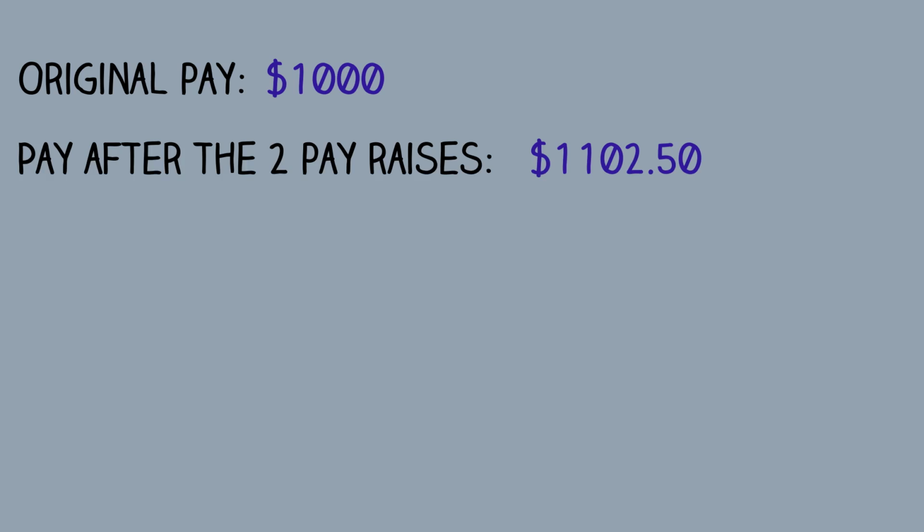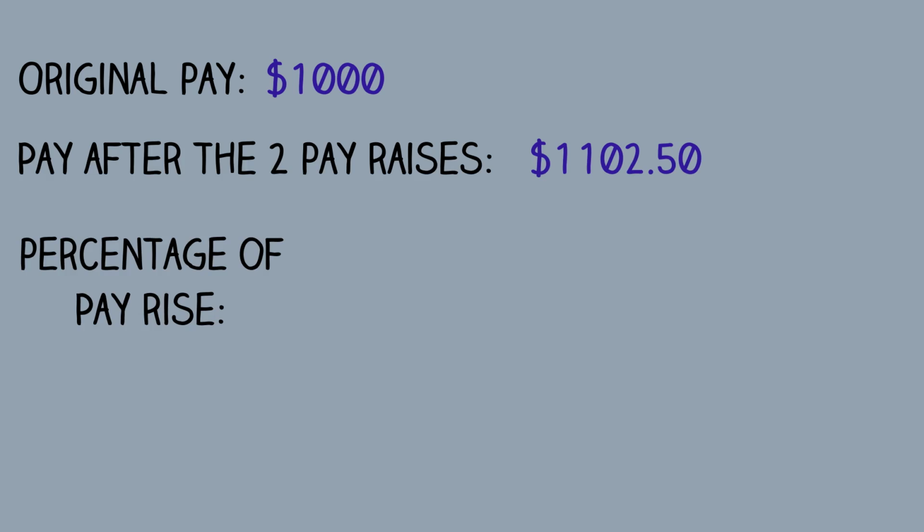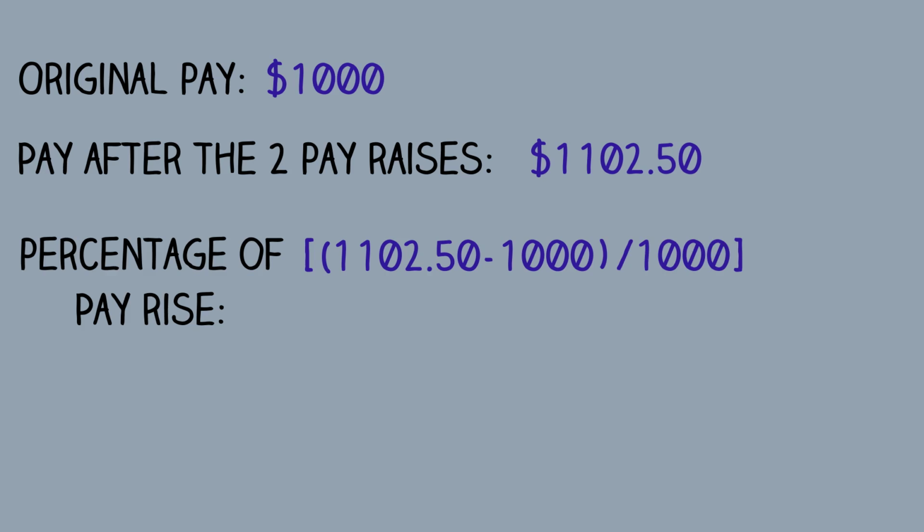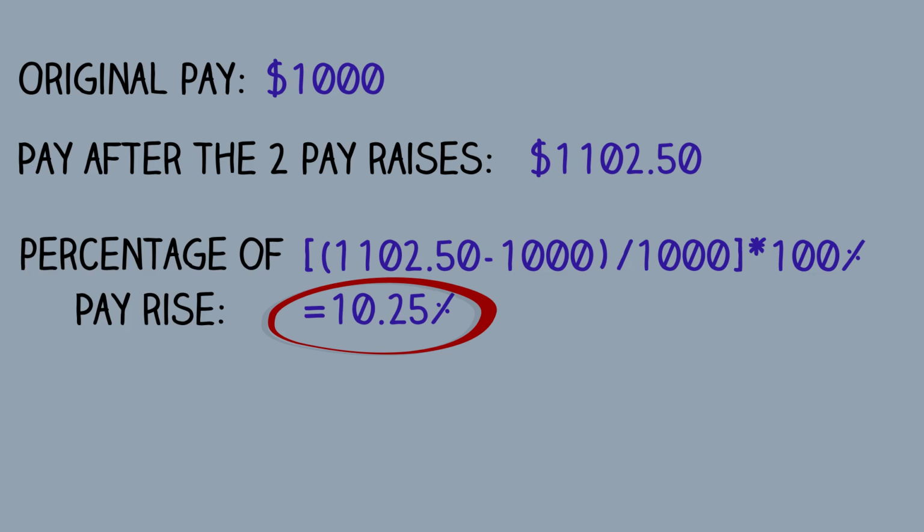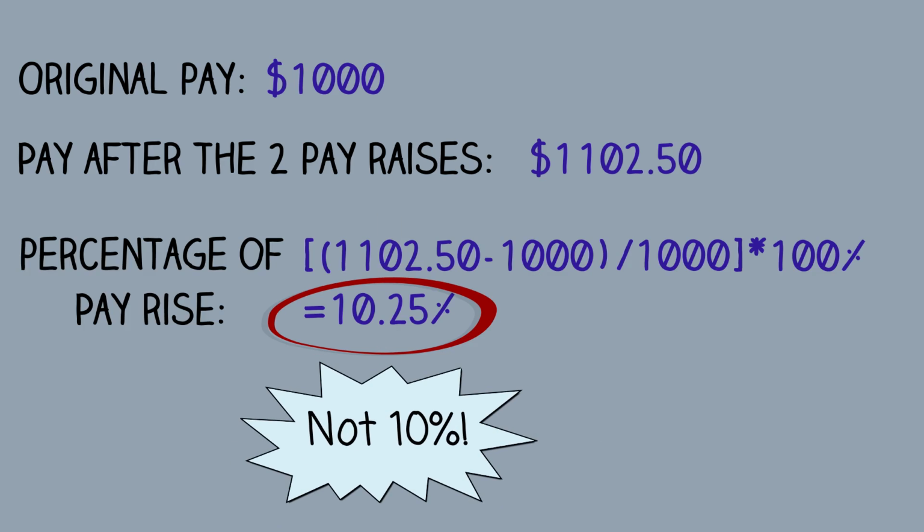We know that Peter's original pay is $1,000, and his pay after the two pay raises is $1,102.50. We can use this information to calculate how many percent Peter's pay rose from his original pay of $1,000. That would be the difference between his new pay of $1,102.50 and his original pay of $1,000, divided by his original pay of $1,000, multiplied by 100%, giving 10.25%. You see, the total pay rise is 10.25% and not 10%. You cannot simply add all the percentages up, in this case 5% and 5%, and say that is the total